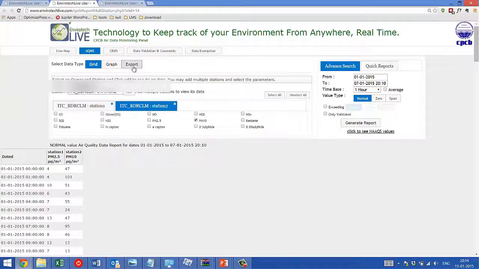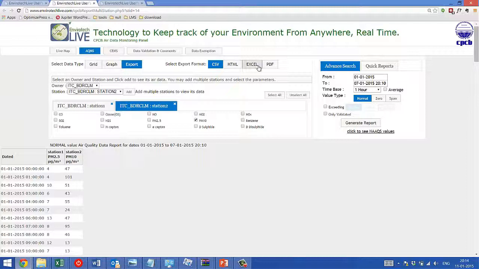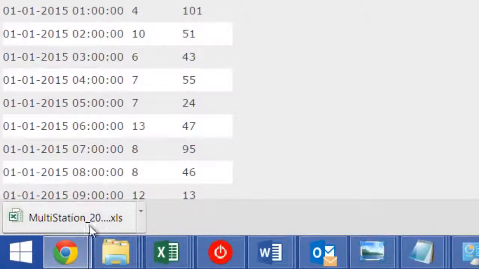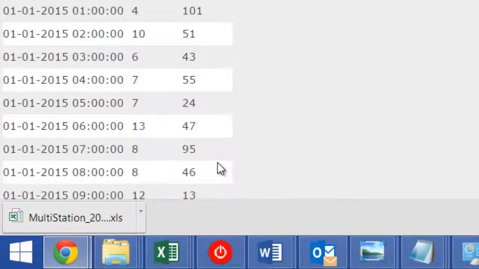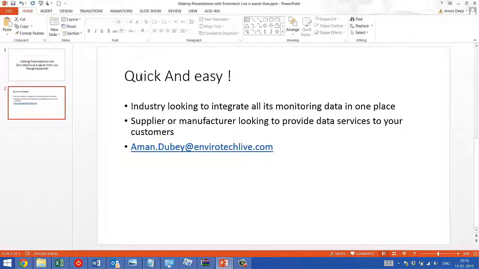So all I need to do is come to export, and from here I have a lot of ways I can export the report. I click on Excel, I again click on generate report. So as you can see, multi-station data is now available with me very quickly that I can use. Very quickly, I showed you a quick and easy way to create milestones of your report